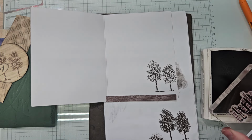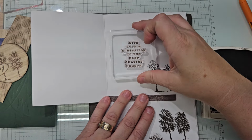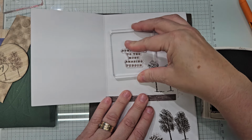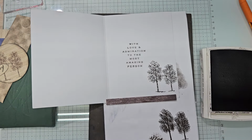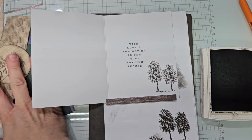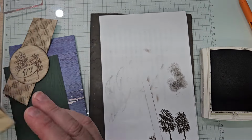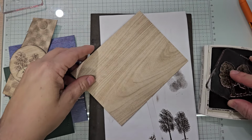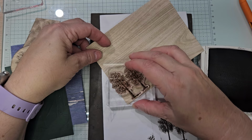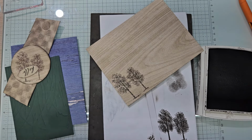And then I'm going to set this kind of like off to the side of the trees. Ta-da! All right. And our envelope. Let's get that stamped as well, which we're going to use our trees on the front here. This is just like they did for,